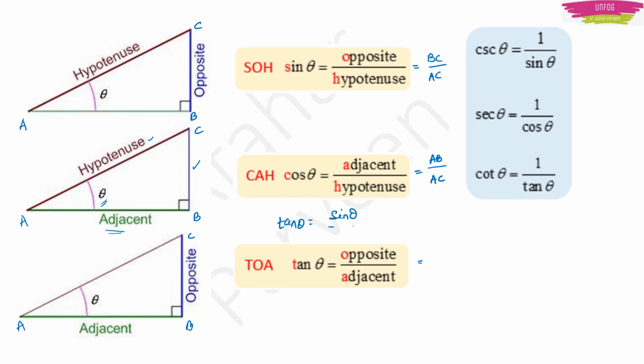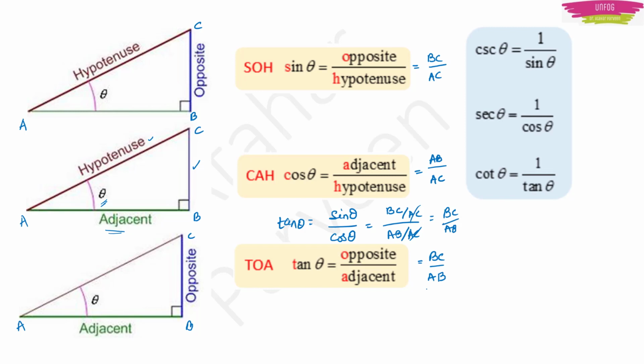See, if you have attended the previous class, then all these things will be very much clear to you. So here it will be opposite by hypotenuse by adjacent by hypotenuse. The hypotenuse will get cancelled, right? See, I can write it here for you if you want. It will be BC upon AC by AB upon AC. This AC will get cancelled, right? You will have BC upon AB, which is opposite side by adjacent side. Okay,